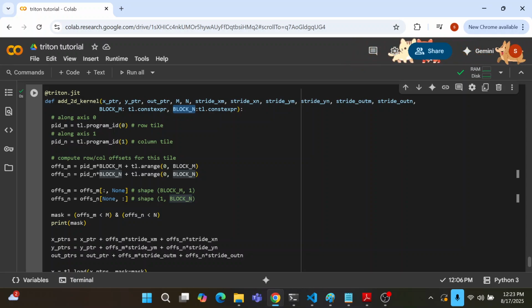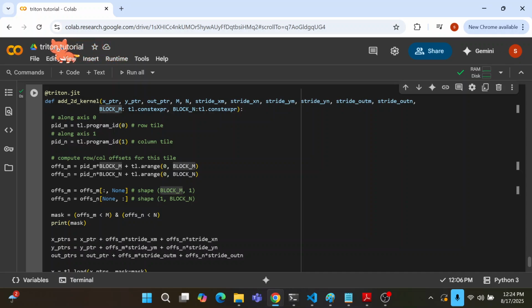So the first thing that you do is on the x dimension, basically on the row dimension, you get which tile you are in. So you get PID M, and then you get it on the column side. So this is row tile and column tile, first the row and then the column. So for this kernel that is running on the GPU, you get what PID M is and what PID N is. So basically this will tell you which tile you are in.